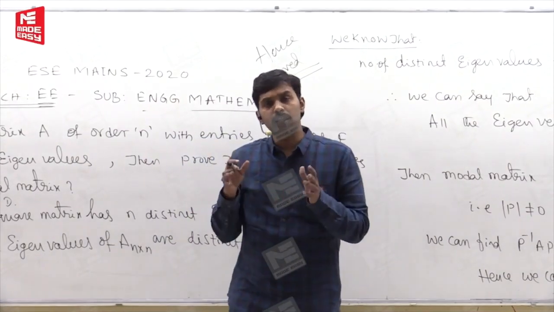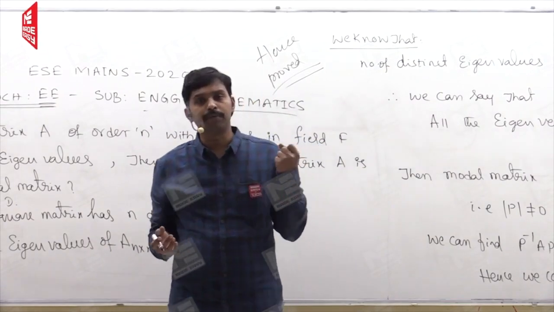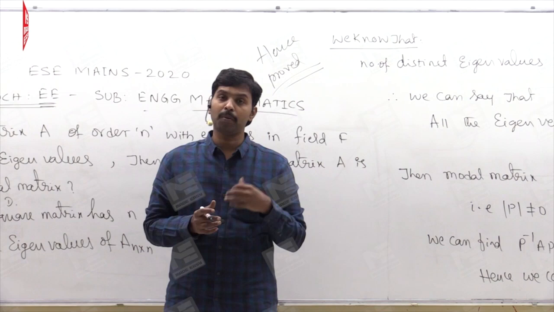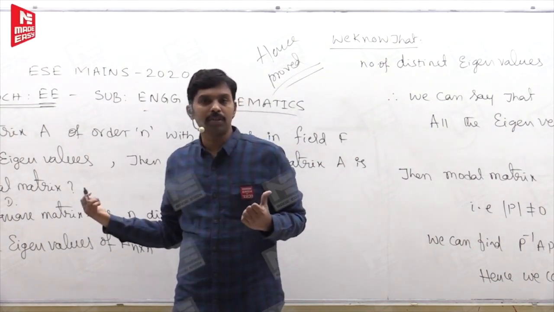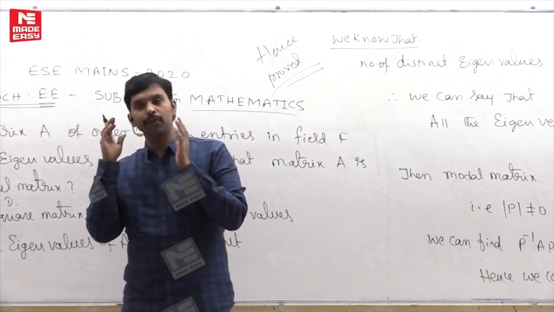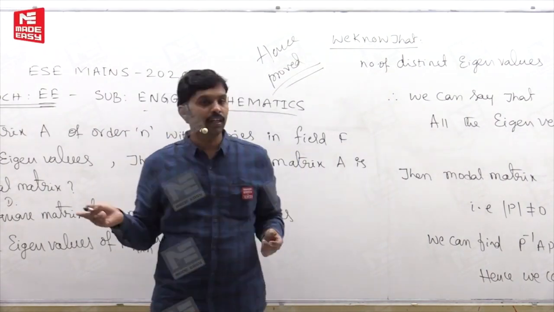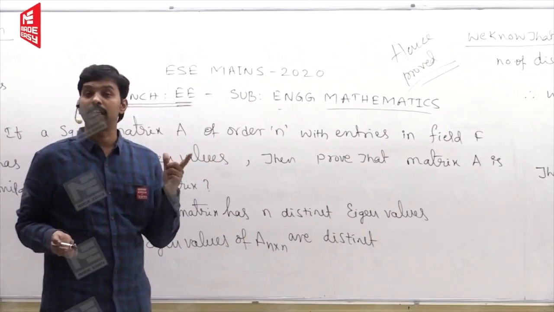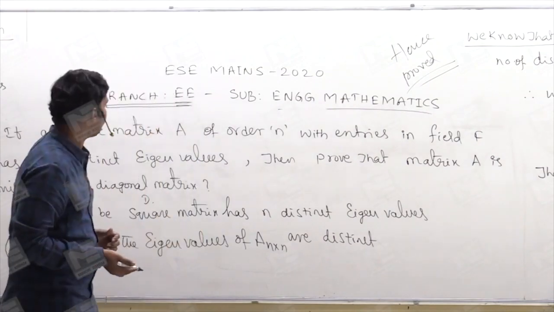So it is nothing new here. It is not a big thing. It is very easy only because we have very clearly explained the concept of diagonalization. We have done n number of problems, including quadratic forms and all. If you know the necessary and sufficient condition of diagonalization, then you can give the logical conclusion like this. So this is the solution you have to write exactly in the examination so that you will get full marks for it. Right.